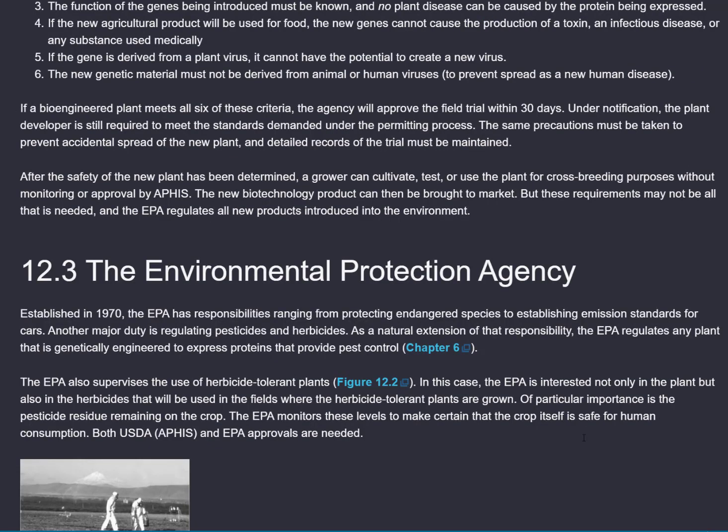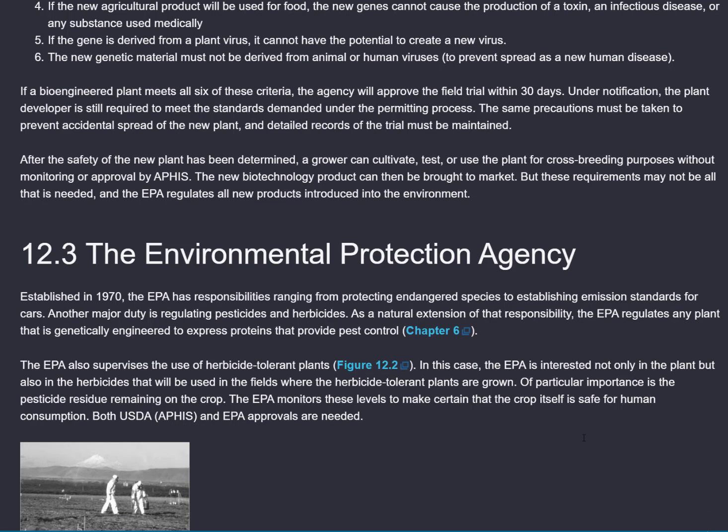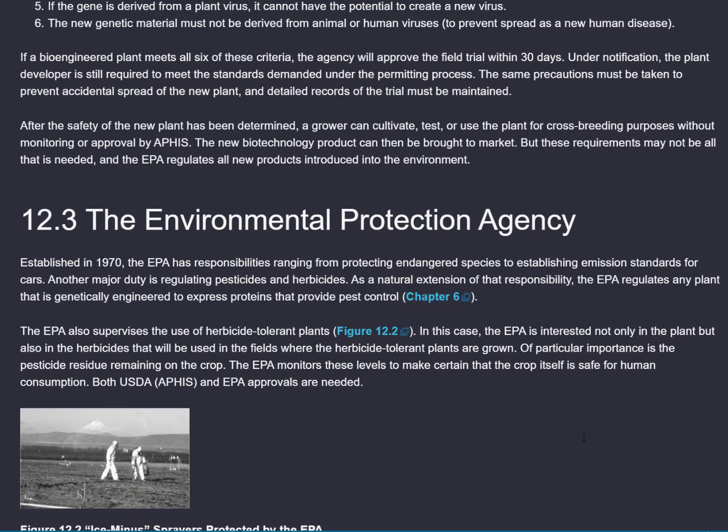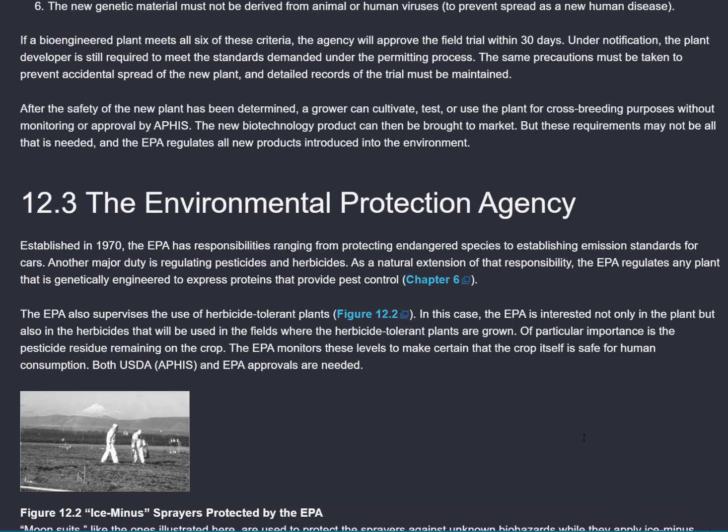The function of the genes being introduced must be known, and no plant disease can be caused by the protein being expressed. If the new agricultural product will be used for food, the new genes cannot cause the production of a toxin, an infectious disease, or any substance used medically. If the gene is derived from a plant virus, it cannot have the potential to create a new virus. The new genetic material must not be derived from animal or human viruses, to prevent spread as a new human